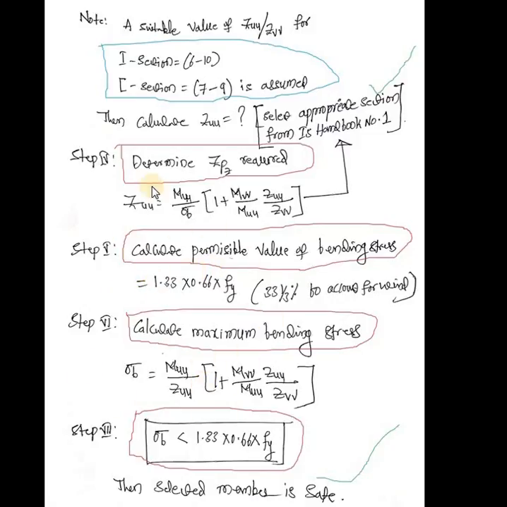Similarly, how we have calculated in the beams, in the same way we can proceed. But these 7 steps are very, very important, and these 7 steps are enough to design a purlin for angle section, I section, channel section, whatever. For angle section some difference is there, I will explain. But for channel section and I section, these steps are similar. You can blindly proceed with these 7 steps.